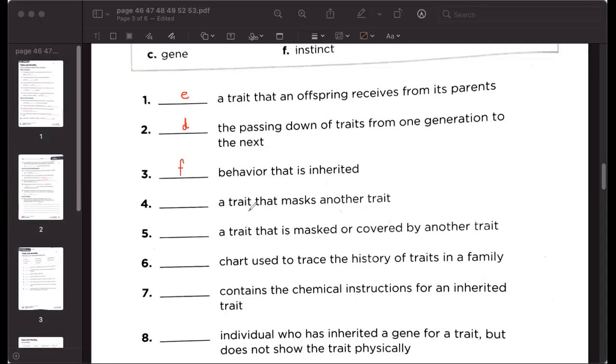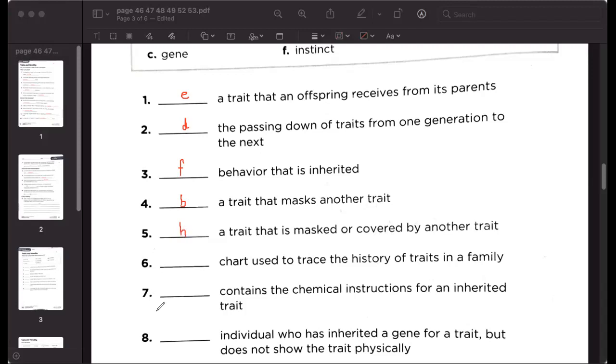Number four, a trait that masks another trait. That is your number four. For this one, you can write here B, and B for dominant trait. Number five, a trait that is masked or covered by another trait. Number five, the correct one is here H. H meaning here